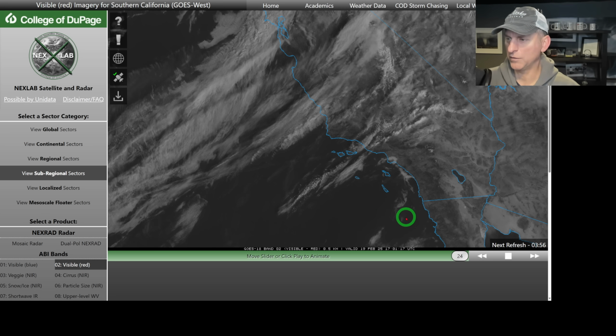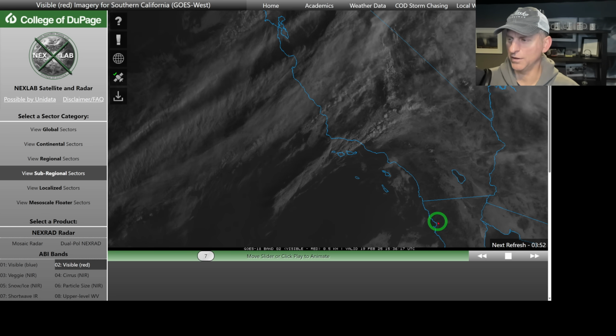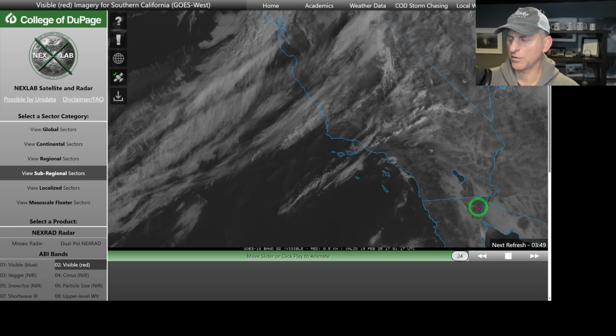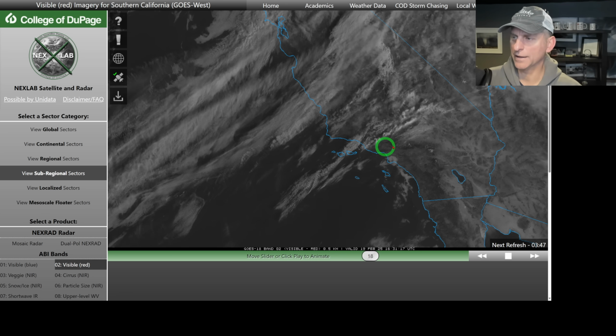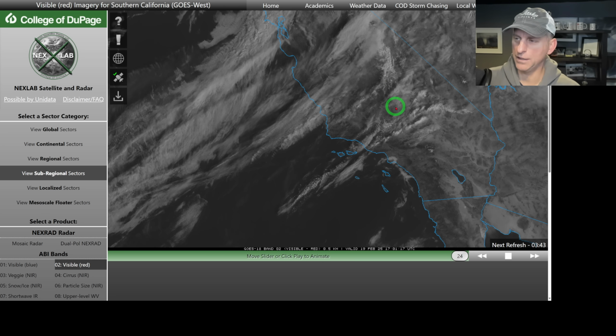Looking at Southern California, you can see the marine layer bouncing around a little bit there, but largely absent here across much of Southern California. You see some sunshine across some of the desert areas and some mid and high level clouds streaming across the region. If you look closely, you can see the snow-capped Sierra Nevada underneath some of those mid and high level